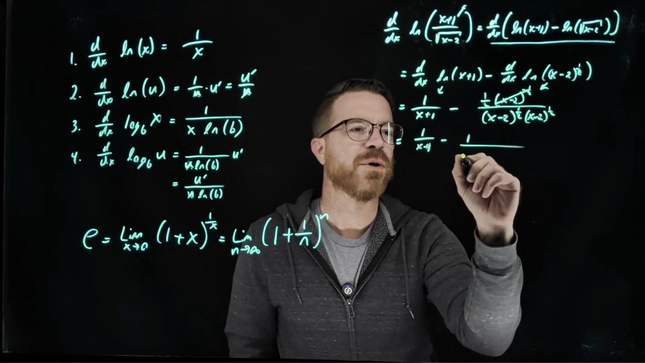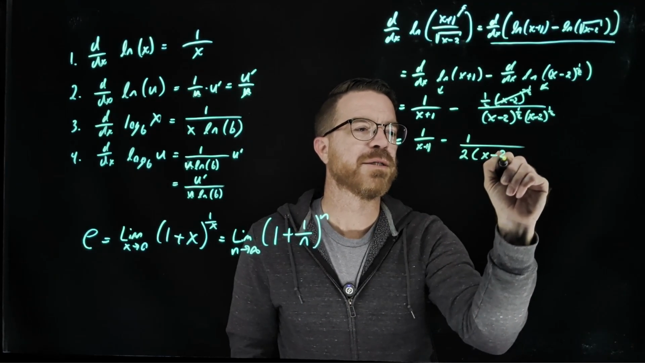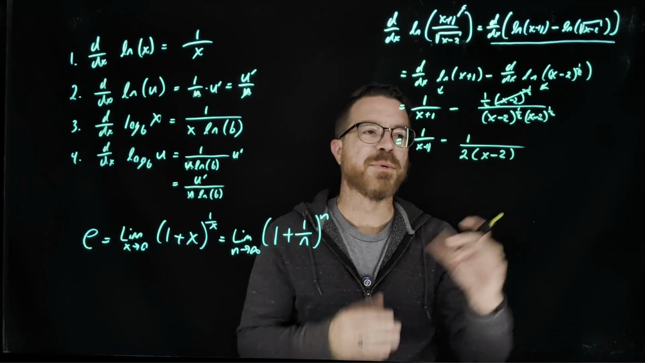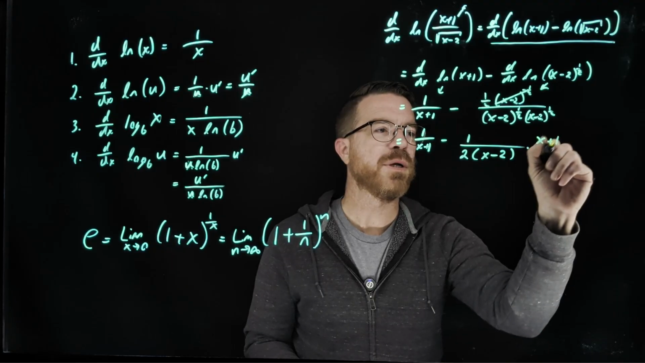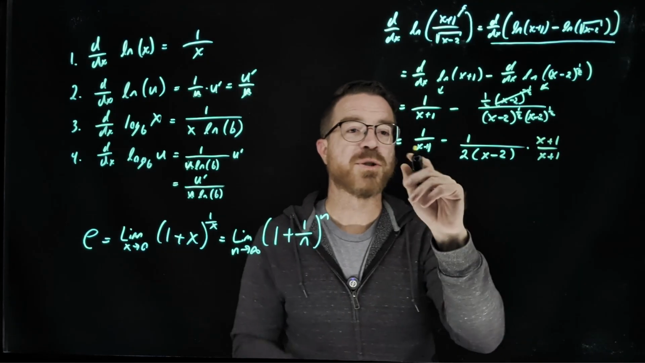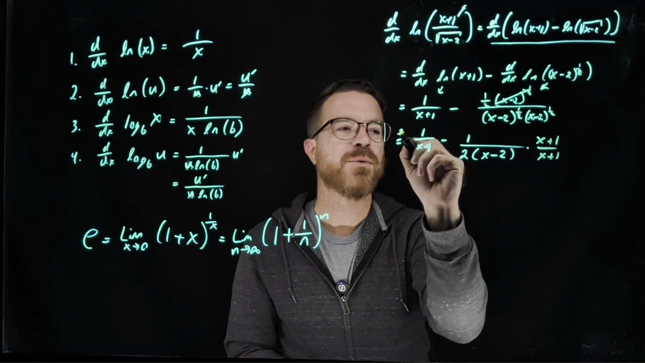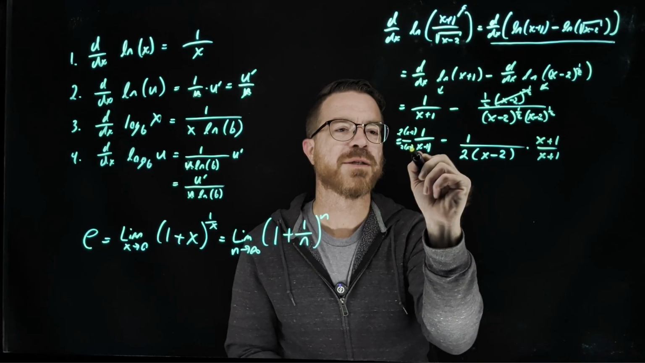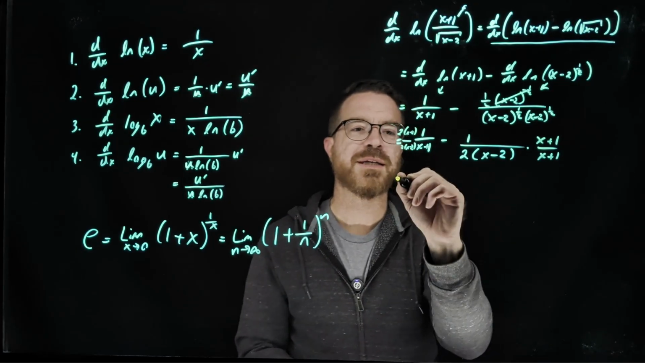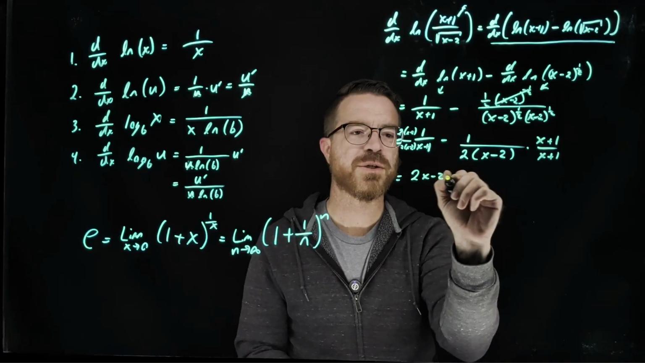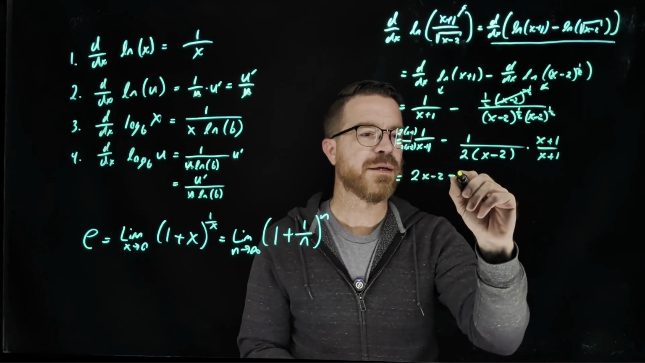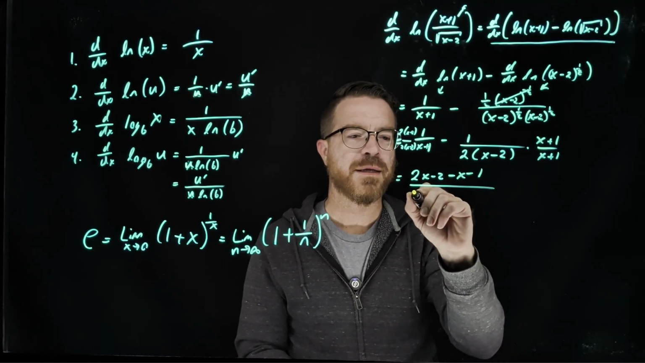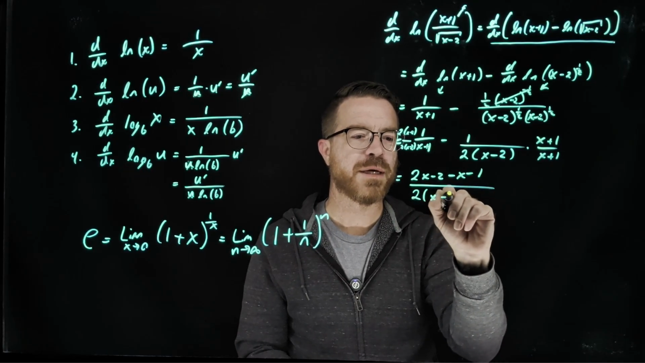So it's going to be 1 over 2x minus 2. And this is the place where I was telling you that now I want to get them in terms of the same base. So I'm going to multiply this one by (x plus 1) over (x plus 1). And I'm going to multiply this one by (2x minus 2) over (2x minus 2). And by doing that, we're going to end up getting 2x minus 2 minus x minus 1 divided by (2x minus 2)